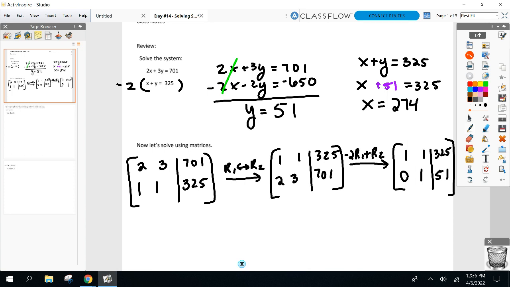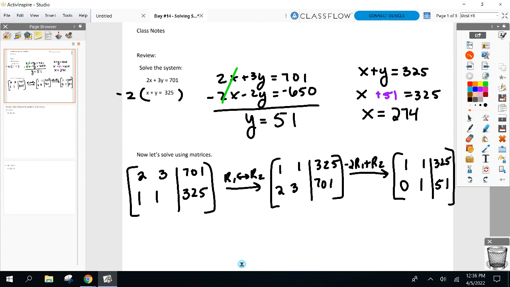I probably should have one more step here. Get rid of this. Oh, ready? I got my 1, 0. I got a 1 here already. I need to change this 1 right here into a 0. I need to change it into a 0 somehow. Thoughts on how? I can't multiply it by 0. That's out. What can I do here? What would you have to add to 1 to get 0? -1. Where can you get the -1 from? A new row right here. Multiply this row by